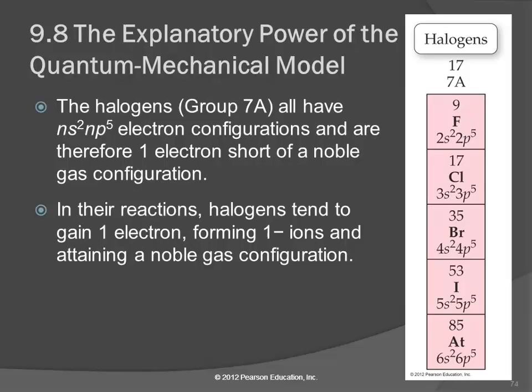The halogens, they're right next to the noble gases on the other side. They have 7 valence electrons. If they could get one more, then they'd have 8. And so they tend to form -1 ions by picking up one extra electron. They have no motivation to lose an electron and become a positive ion, because that would take them farther away